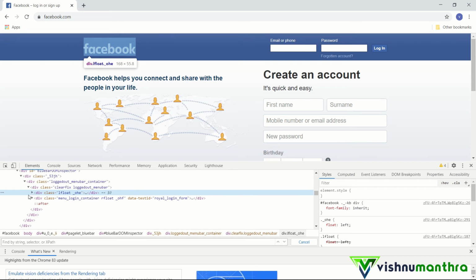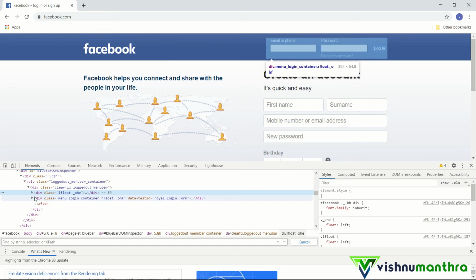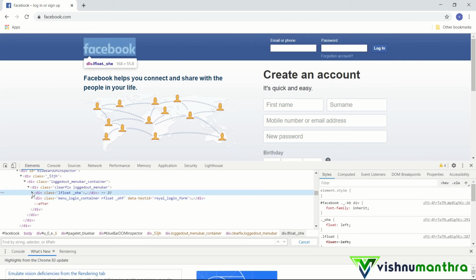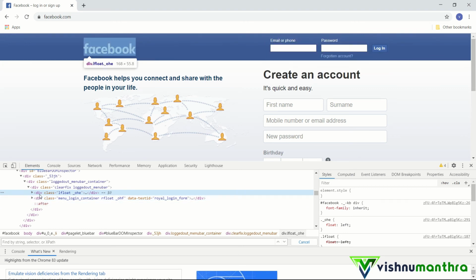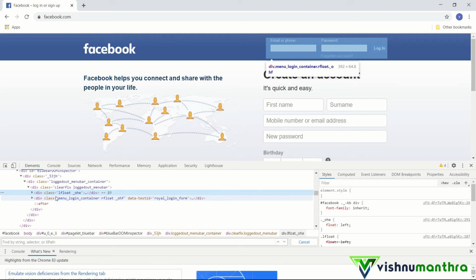Suppose you have something dynamically changing, and you have something to refer to, then you can use this particular way. For example, if there is an HTML table where one column is dynamically changing, but another column is static, and you want to refer to a particular cell within the dynamic column, you can refer to it using the first cell value which is static. This sort of thing quite often comes up in daily automation. We won't get into detailed examples now, but we will definitely see those in later sessions.